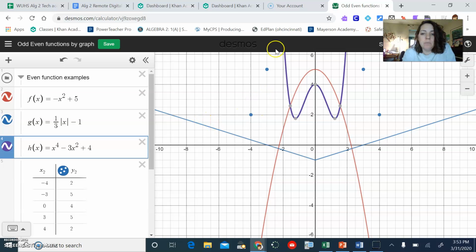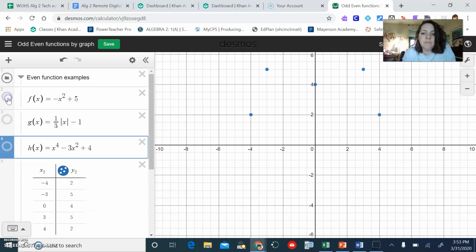Your function could be a bunch of dots, where if you look at the left side, this side over here is a mirror image of this side over here. It's as if we could put a mirror right there on the y-axis, which is why we say that that's symmetric then,